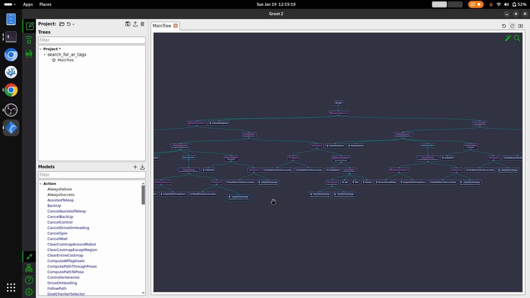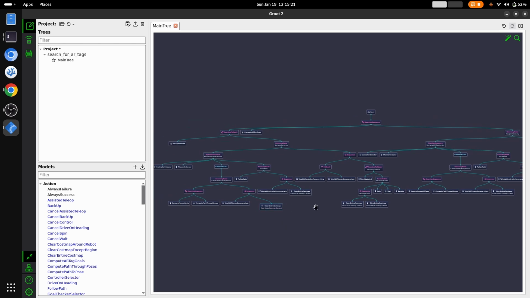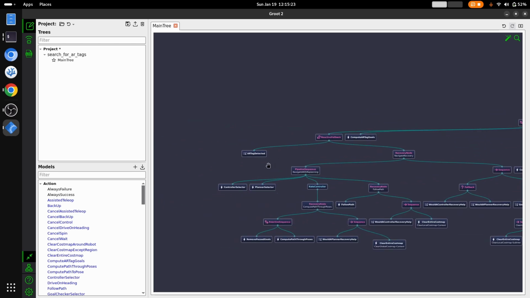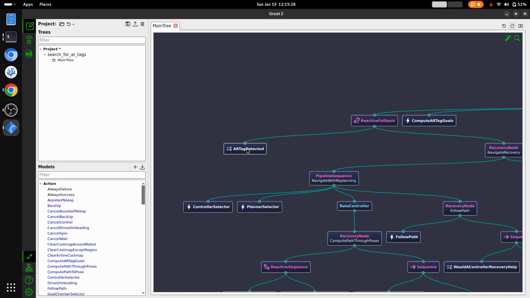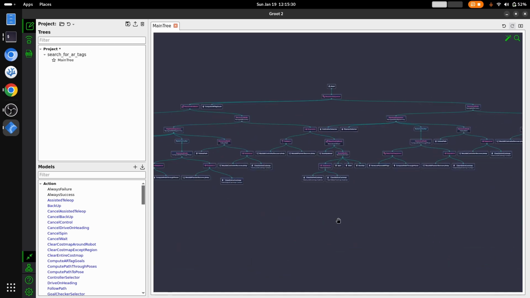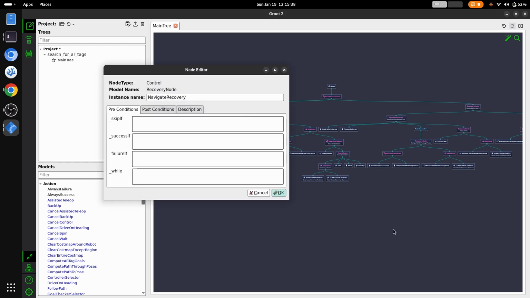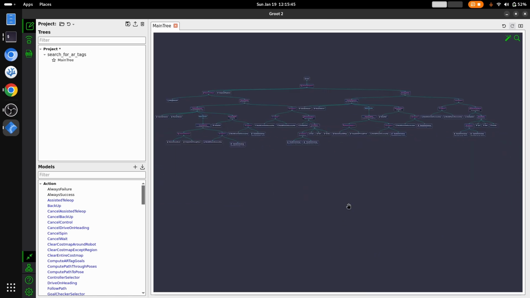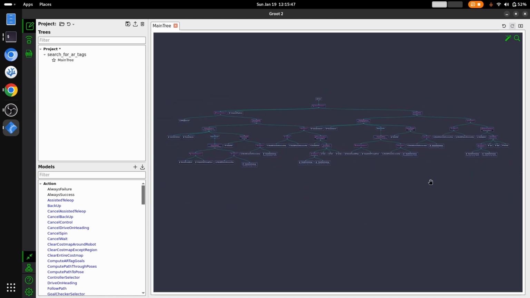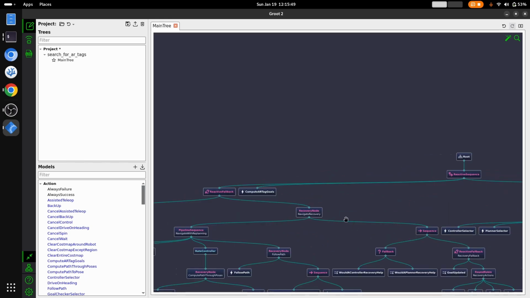So my first theory, game theory, sorry, the first theory I have is the handling between navigating to pose and navigating to AR tags. So this navigation subtree and this navigation subtree. The way that the rover decides which object to be navigating towards is